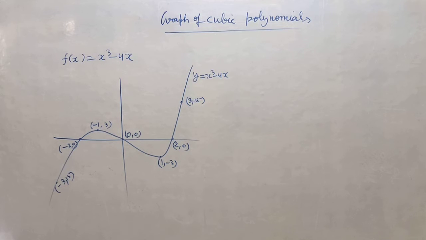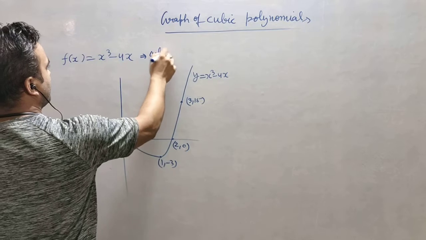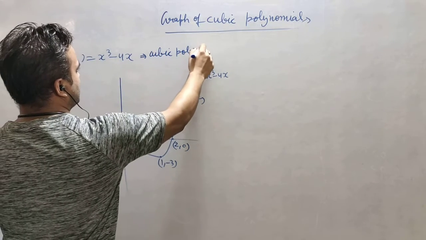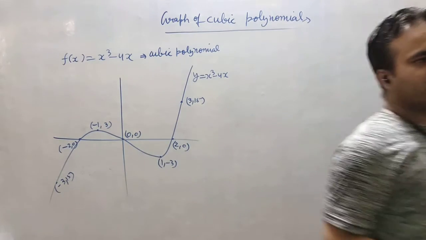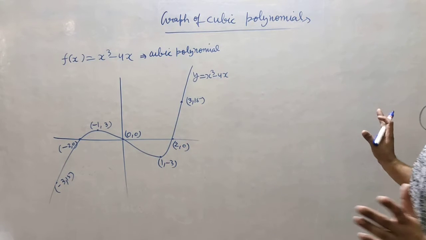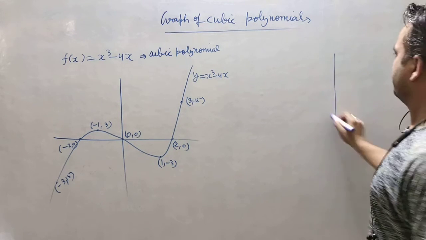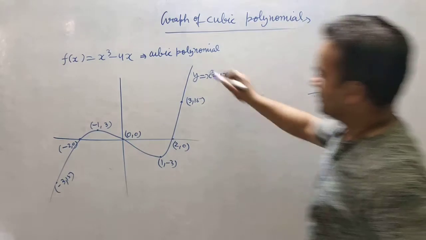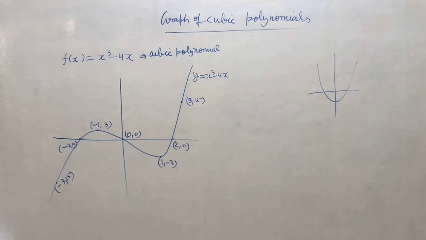So this is x cube minus 4x, and we know that it's a cubic polynomial, right? So we will just try to compare with the quadratic one. In quadratic we were seeing upward and downward, but there is no condition for seeing upward and downward because it is totally a different type of graph. In cubic we cannot see like this, right? Sometimes it is going upward, then it goes downward. So there is no possibility by checking the coefficient of x cube, right?